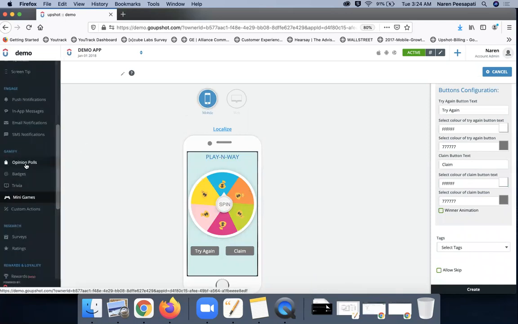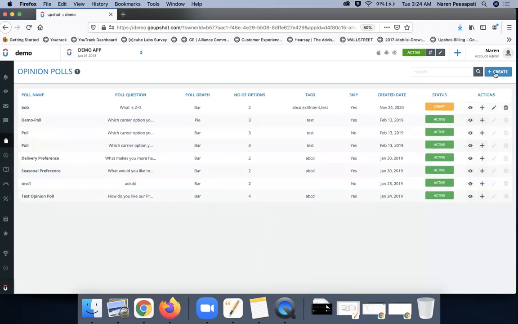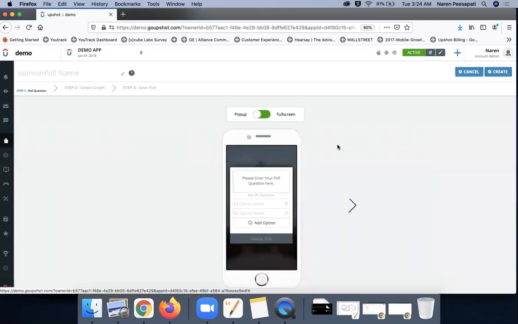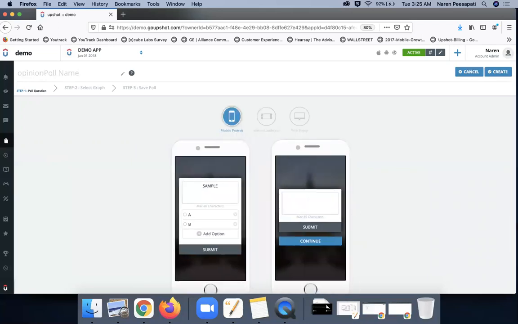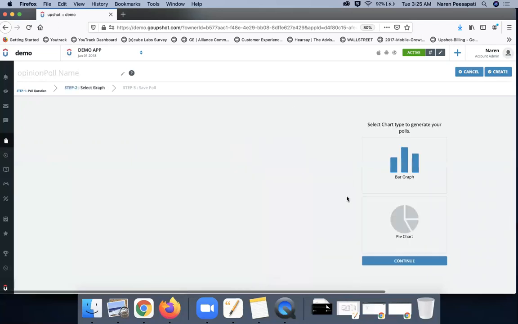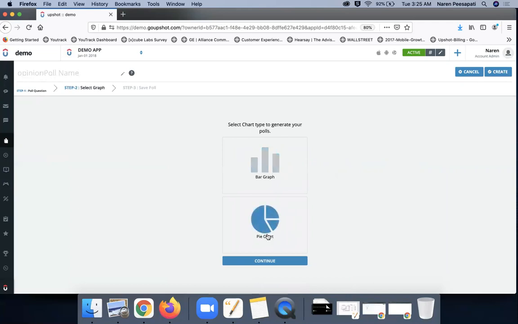And then you can also run a lot of opinion polls there, and you can run real-time opinion polls and show them instantly the results on how many people share their opinion, how many people differ from their opinion, all in real time right from the dashboard here. So I choose the question, I choose the type of graph that I want to show, and every